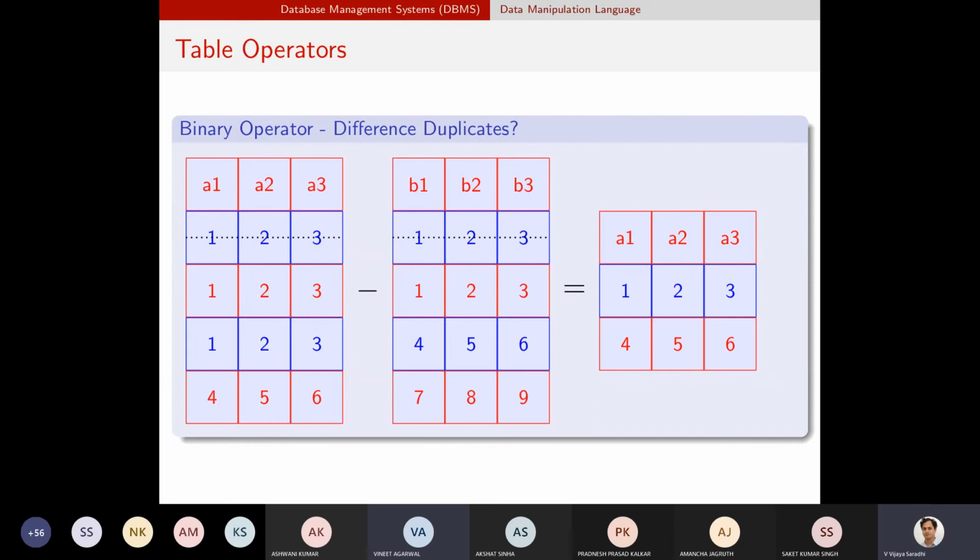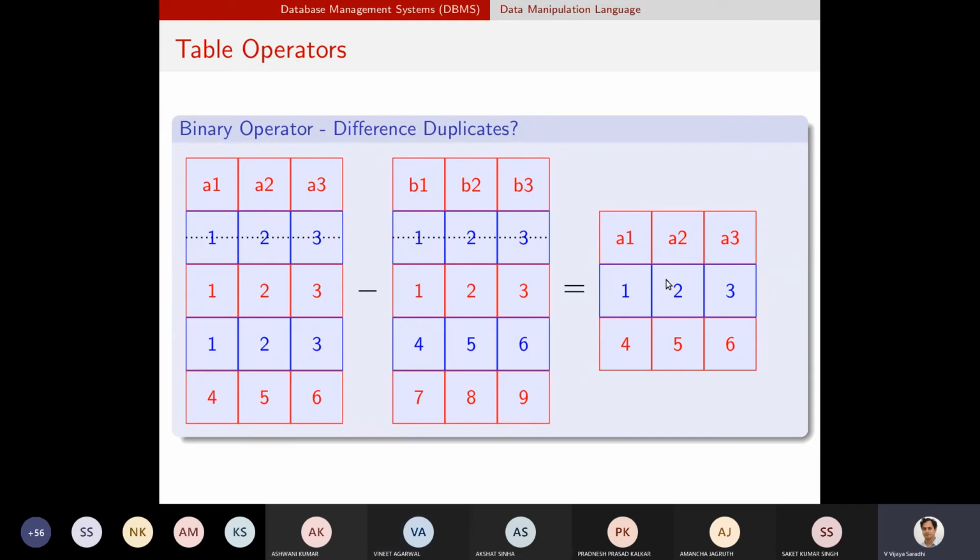No. For visualization only I am saying that this is appearing here in table B. So I will not place that one in the resulting set. In this resulting set, I will not place it. The first instance, when they are appearing in both the tables, I will not immediately go and populate 1, 2, 3 in the resulting table.